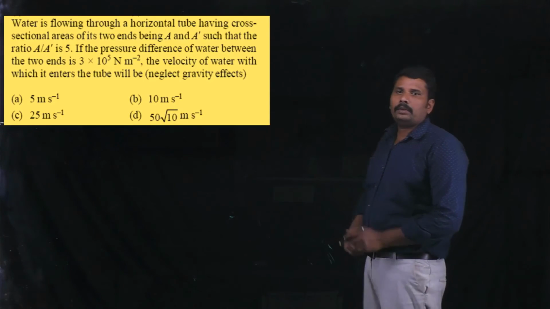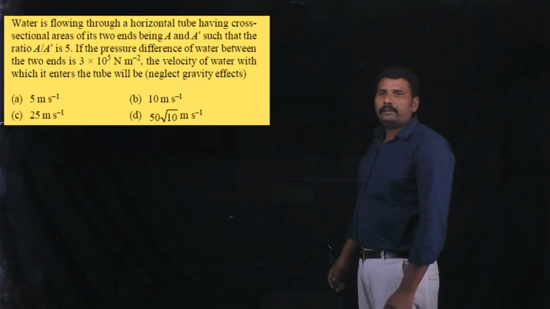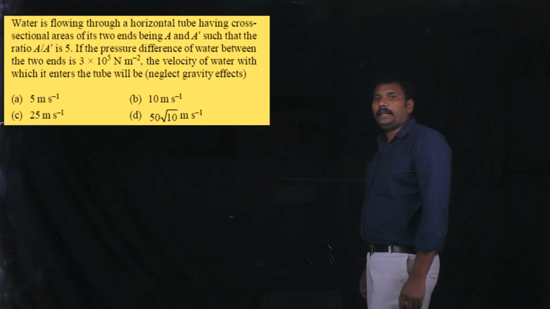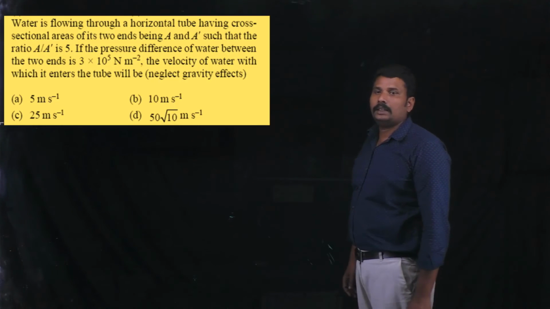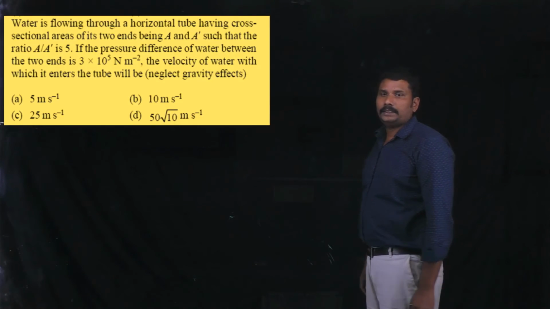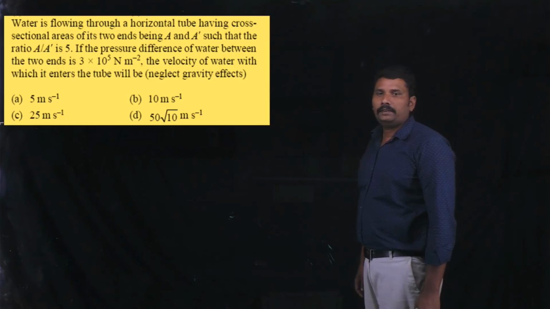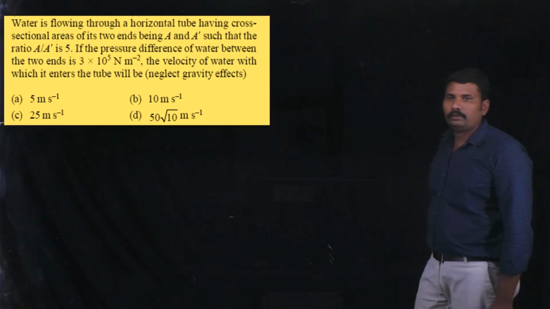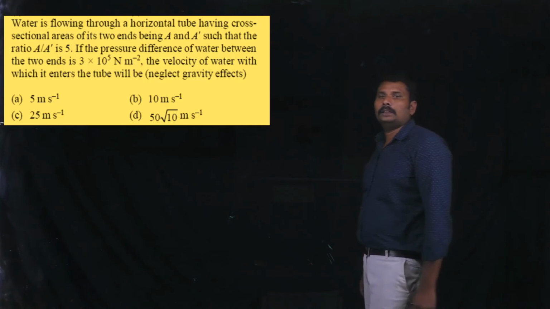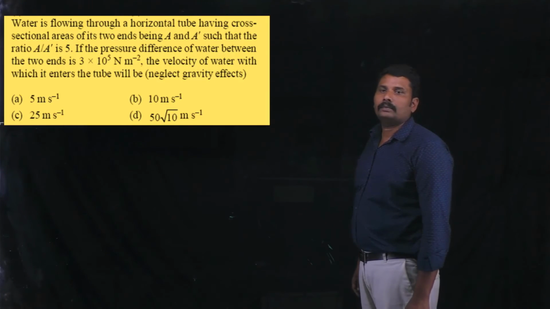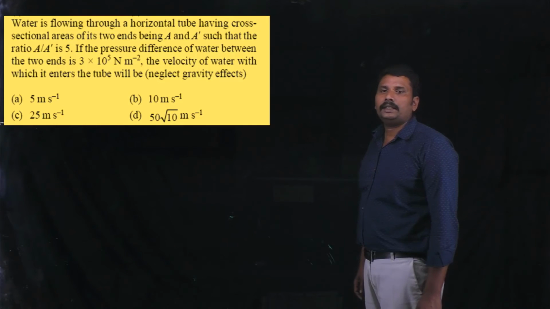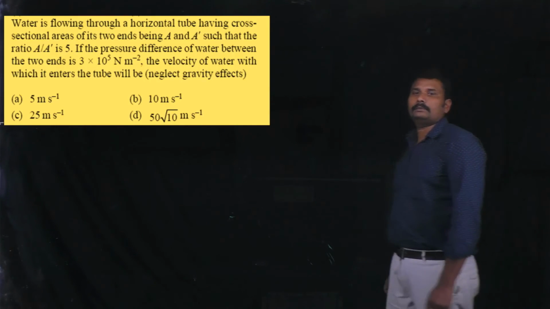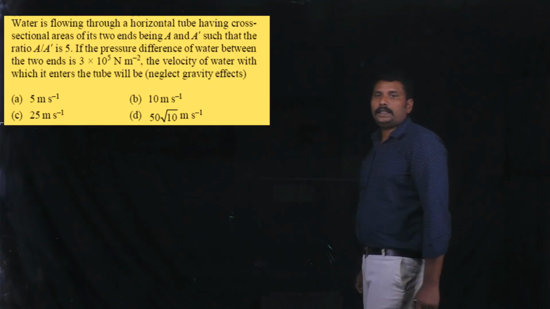Water is flowing through a horizontal tube having cross-sectional area of its two ends being A and A dash, such that the ratio A by A dash is 5. If the pressure difference of water between the two ends is 3 into 10 power 5 Newton per meter square, the velocity of the water with which it enters into the tube will be. Neglect the gravity effects. Here there is a tube